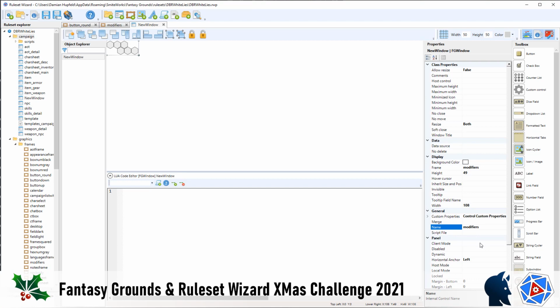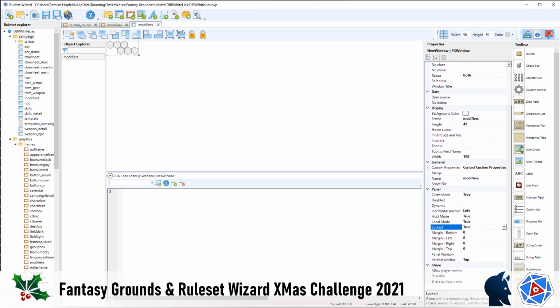No script. Client mode true, so it's going to display on the clients as well. It's going to display on the host, it's going to display local, it's locked, I don't want them moving it around. Now the margin bottom, 50 pixels from the bottom, vertical anchor bottom, margin left,